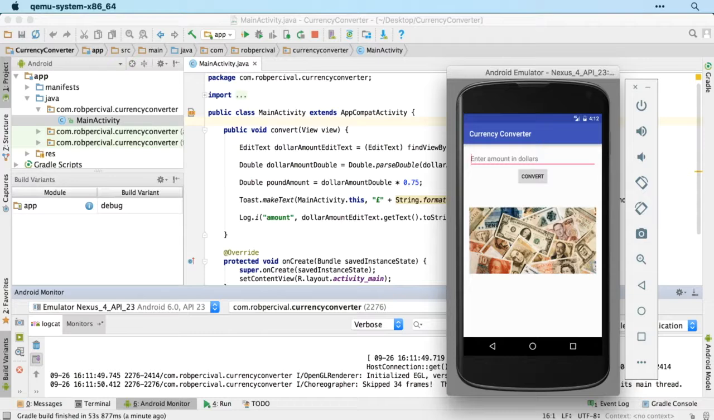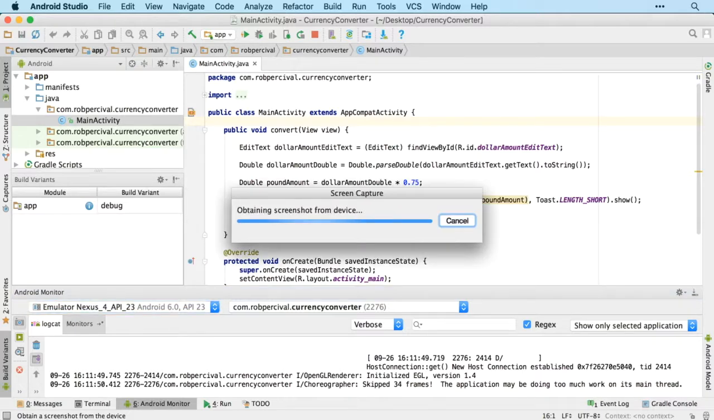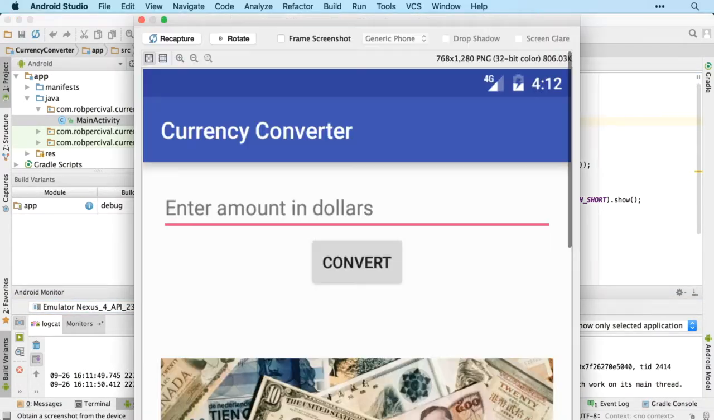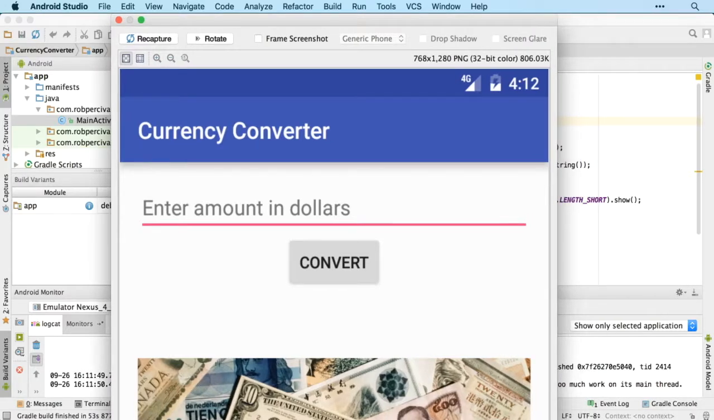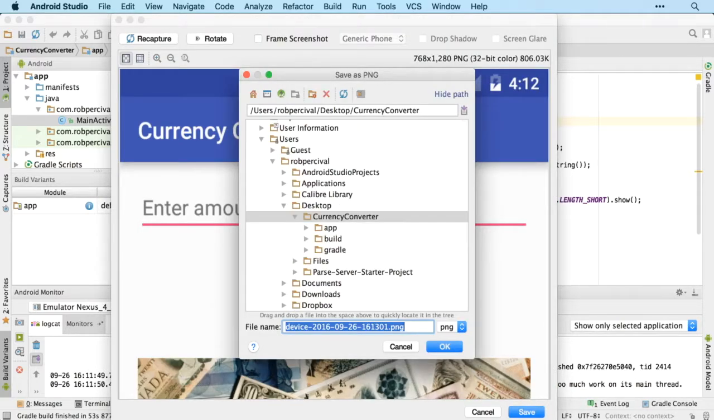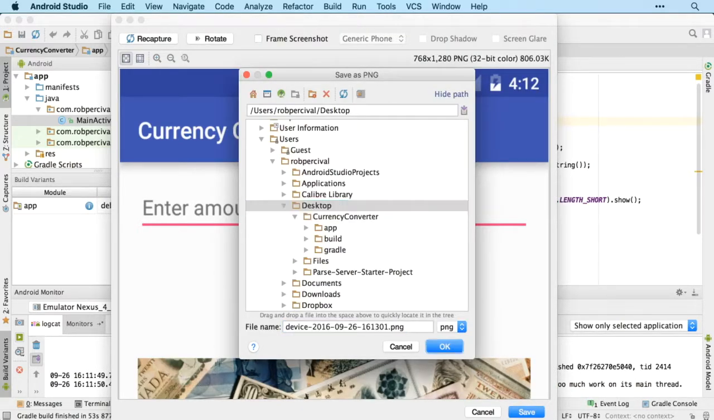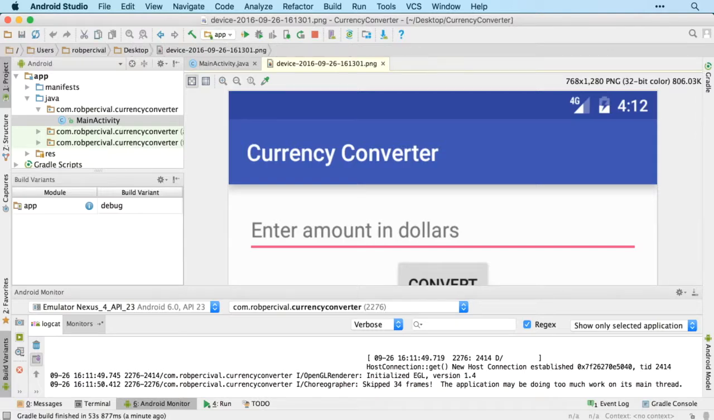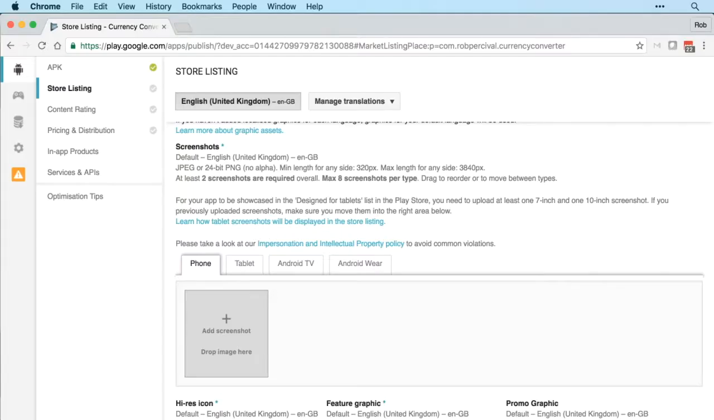So to get a screenshot of that particular screen, we simply press the camera button there. And it takes a little while, but there we go. There's our lovely screenshot. And it's nice and high quality as well. So if we want to save that, we just click save. And for me, I'll put it on the desktop itself. And then we go back over to Chrome, add a screenshot,